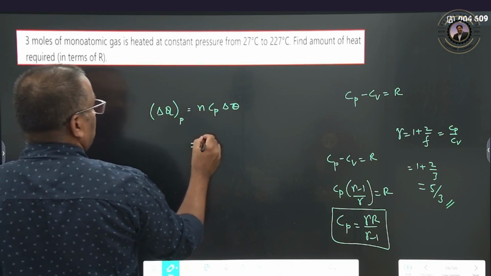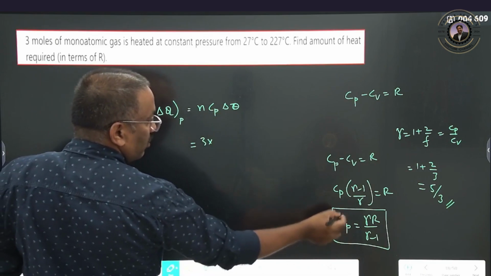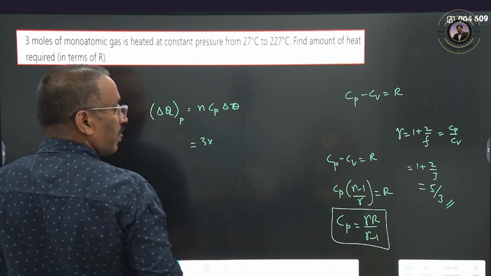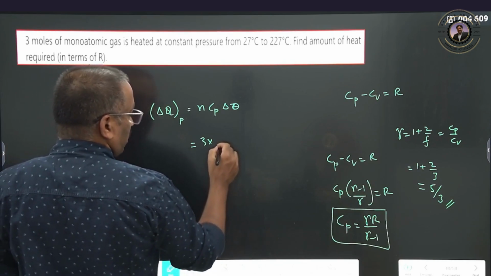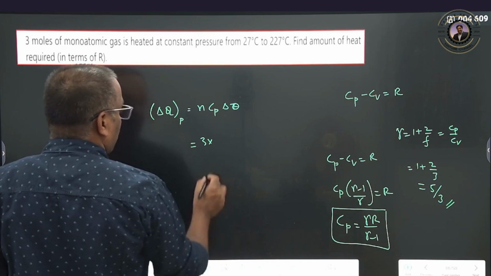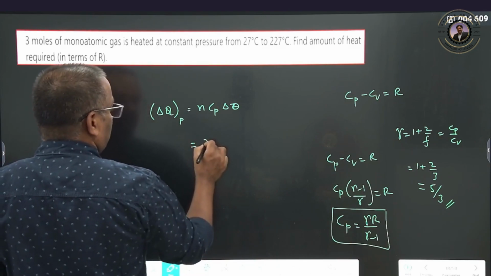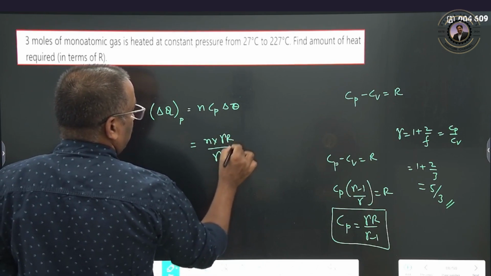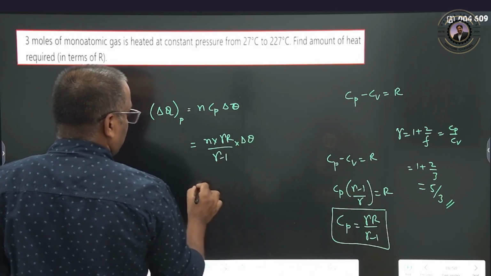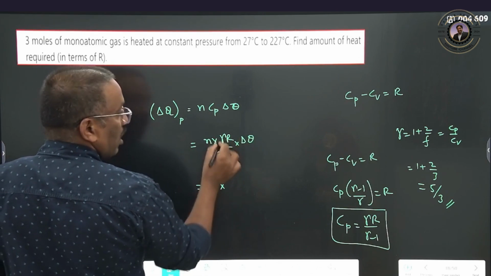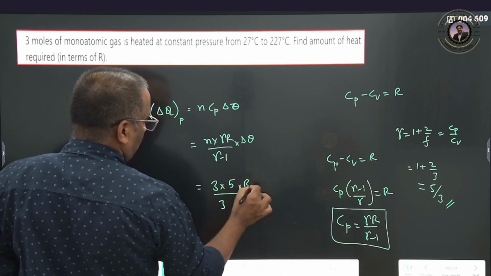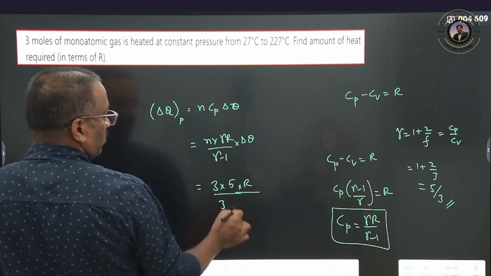N, number of moles, is 3. So what is the Cp value now? Gamma into R by gamma minus 1. So here we can rewrite this formula: N into gamma into R by gamma minus 1 into delta theta. Clear? So 3 moles into gamma value, which is 5 by 3, into R by 5 by 3 minus 1, which means 2 by 3,